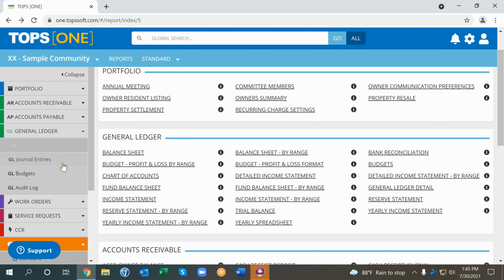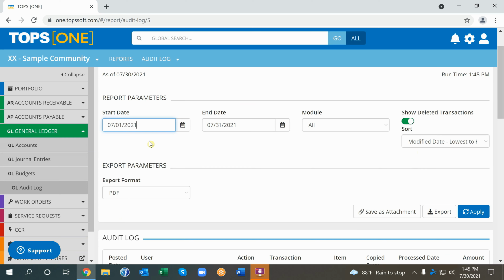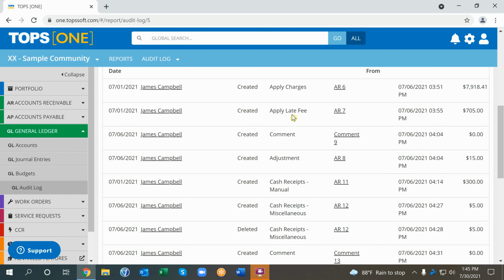Next item that I'd like to show you is the GL Audit Log. Now, the audit log is a report as well, but it's a very detailed report, pretty much of all deposits, every activity that has been done within the system accounting wise. So you'll see here it states that on 7/1, James Campbell created applied charges. This means that within the system, we went ahead and, whether we were posting the maintenance fees or the special assessment, charges were applied, and you'll see the grand total of the charges that were applied. Also, if you're processing any late fees,